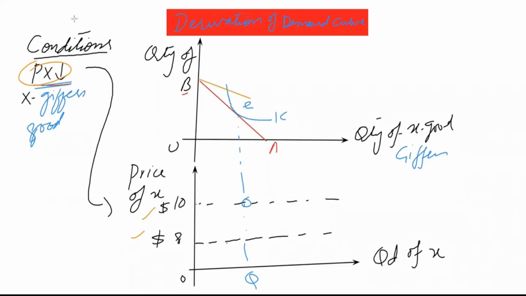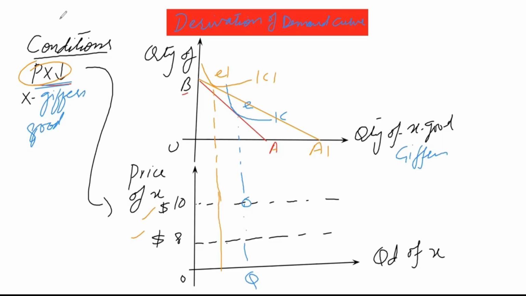And now if there is a fall in price of X, there will be a pivotal shift in the budget line on the x-axis, and this new yellow line would be the new budget line, showing that now the consumer's purchasing power is A1 for the given good. A given good is basically the good which is the worst quality product, and the consumer does not purchase it or purchases very less quantity whenever his purchasing power increases.